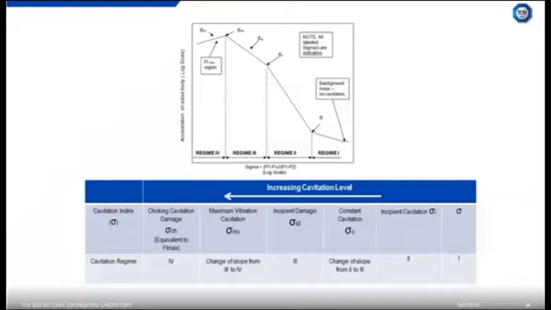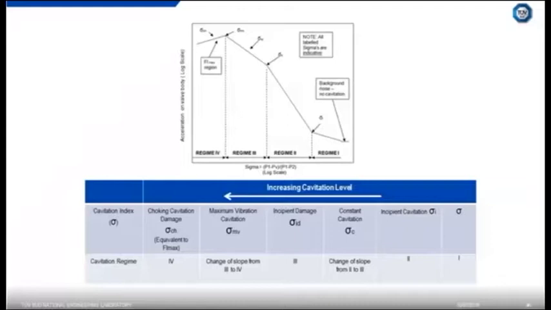So to illustrate this Cavitation Index, or sigma, we've got a graph here. On the y-axis, we've got acceleration on the valve body. This is basically the noise level, but you can think of this as the intensity of the cavitation. And you've got sigma on the bottom. If you read the x-axis from the right to the left-hand side, the higher the sigma number, the less intense the cavitation. And it's generally accepted that the sigma value can be split up into different regions of